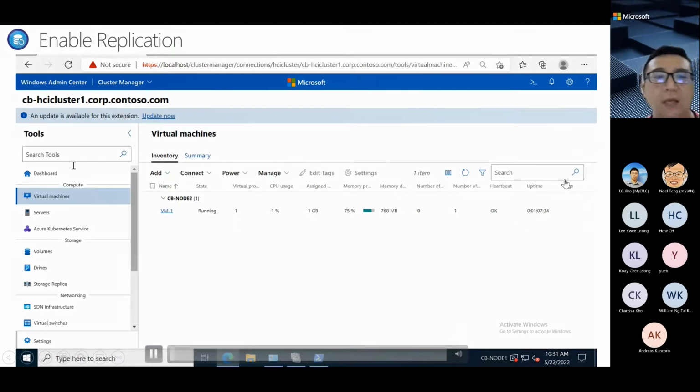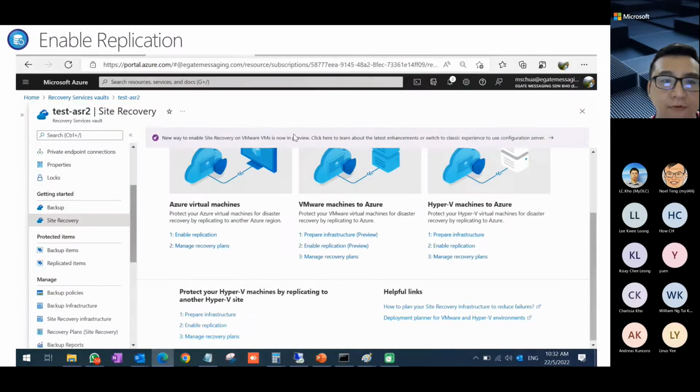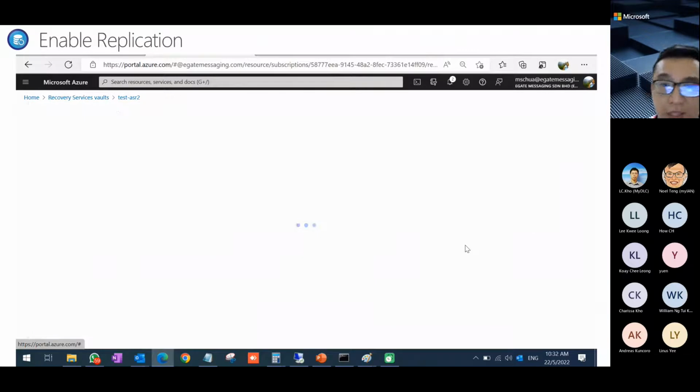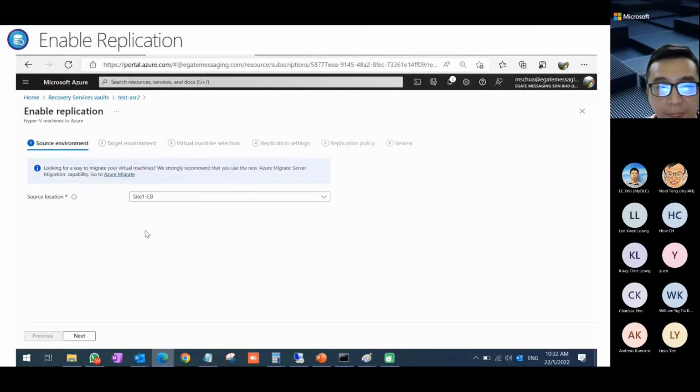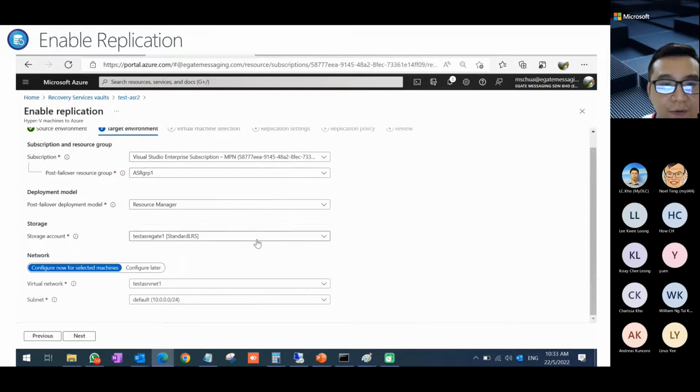In this Azure Stack HCI, I have one VM, which is called VM-1. And this VM-1, I'm going to replicate to the cloud. Now I go back to Site Recovery and choose the second step, enable replication. Now you see here, I can start to see the source, the site which I created just now. And from here, I specify the storage account,